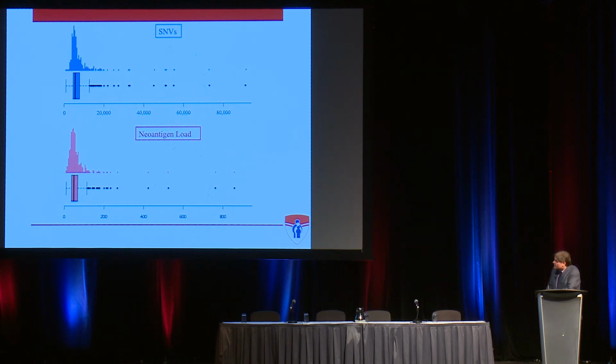So what you could see from this slide here, this is looking at the number of mutations in pancreas cancer, and the number of mutations goes up to 80,000 here. If you look at the number of mutations in these patients that have this MMRD, which is mismatch repair deficiency, so something called Lynch syndrome or mutations in these DNA repair genes, their mutational load is here. So these tumors have many errors in them. And as a result, they give rise to new proteins, new markers in the tumor, which immunotherapy could recognize